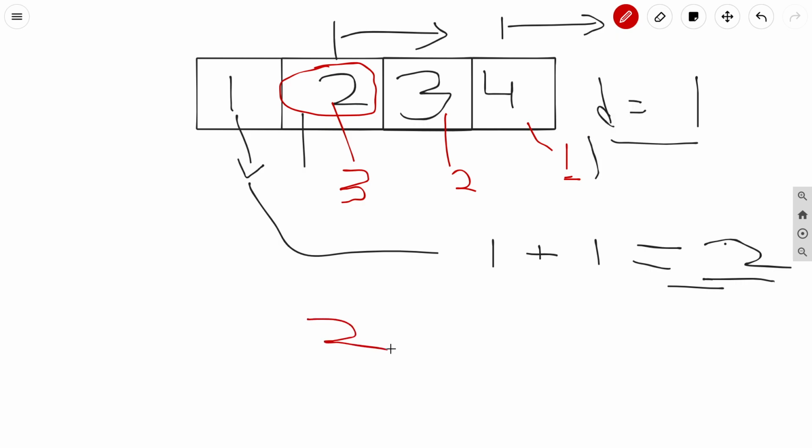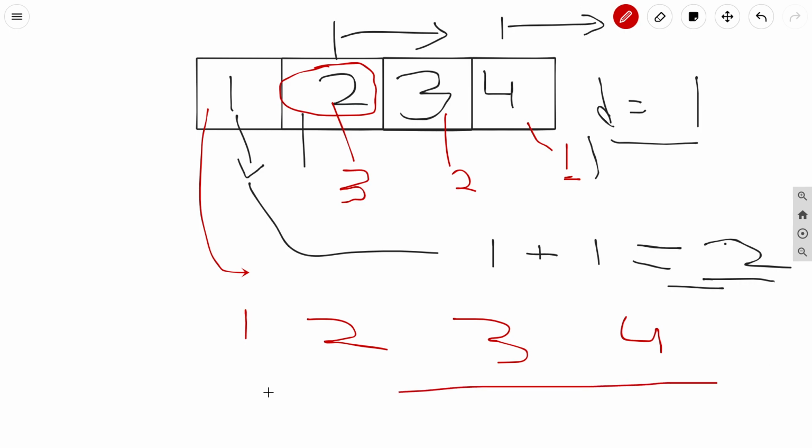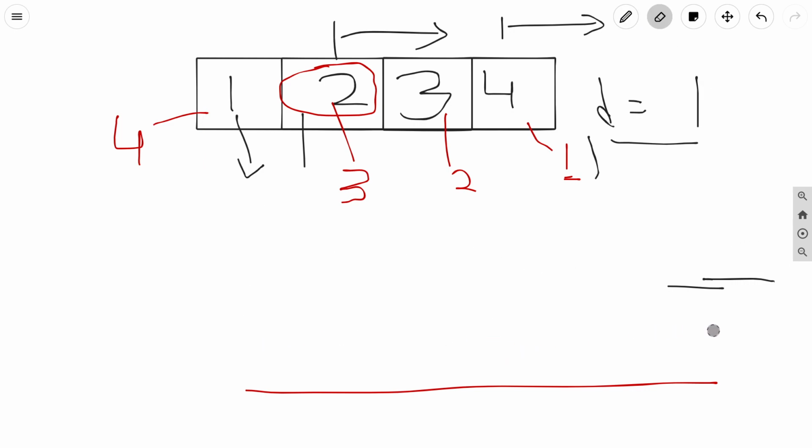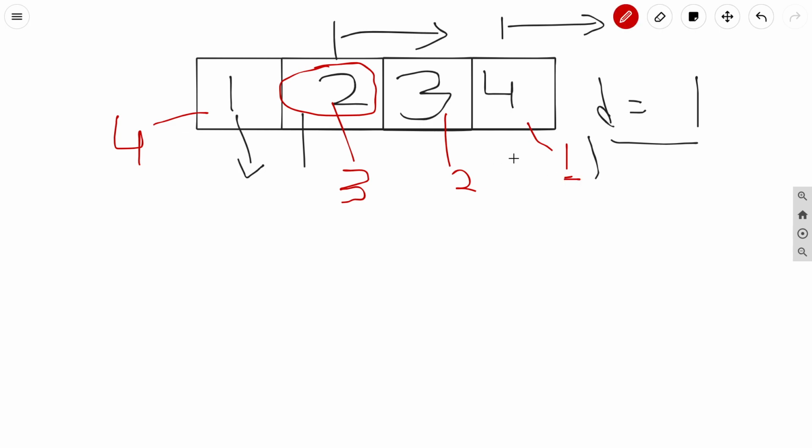The arithmetic progression which started from 2 was 2, 3, 4. So we can push 1 in this arithmetic sequence, and the length will again be increased by 1. So the length will be 4. The length corresponding to this index will be 4, so I will write 4 here. Basically, in each iteration we will calculate the length if that element of a particular index can be stored in any arithmetic progression, and we will maximize the length. For this input our maximum length will be 4.